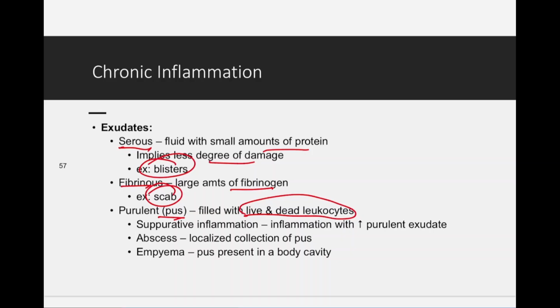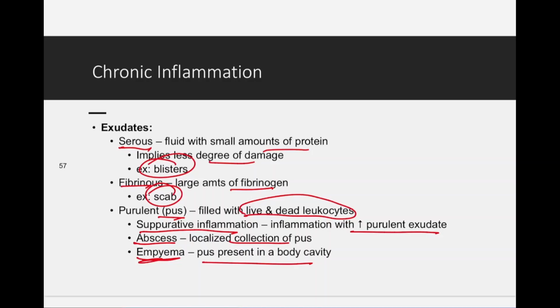So remember I said before, those neutrophils come into the area, but they die in the space of the infection, and they cause the pus to form. There's different types, like an abscess is a localized collection of pus. An empyema is pus present in a body cavity, so like you get an empyema in your lungs. It's in the cavity of the lungs, as an example. And then you have a suppurative inflammation, very high purulent exudates, so a lot of pus in these areas. So these are the three different types of exudates and an example of each one.